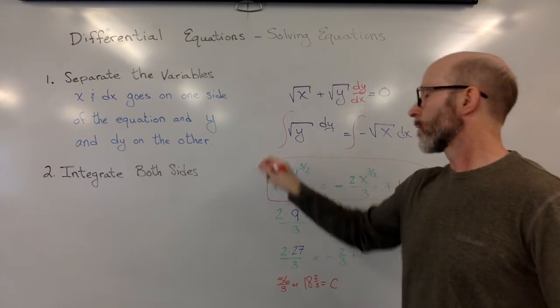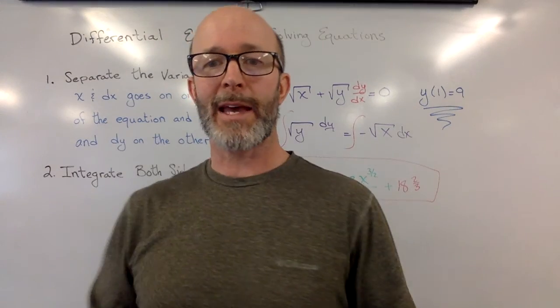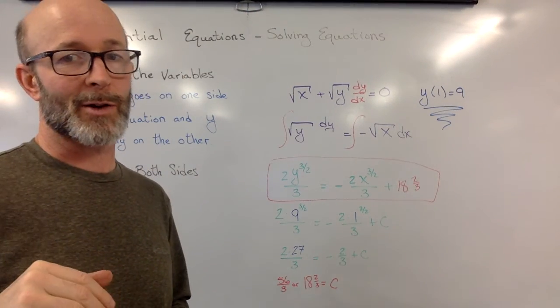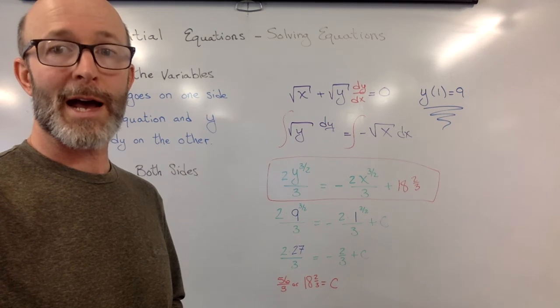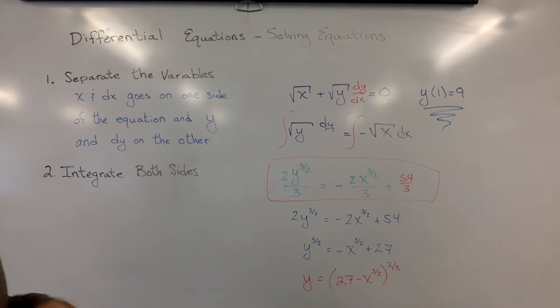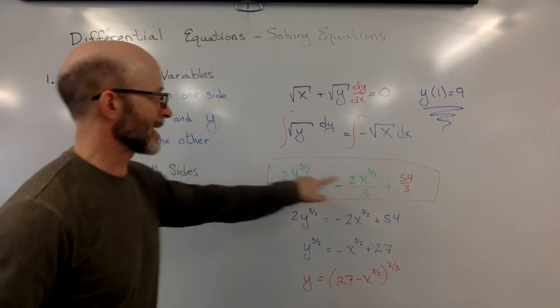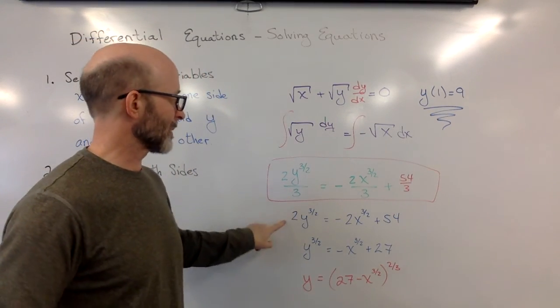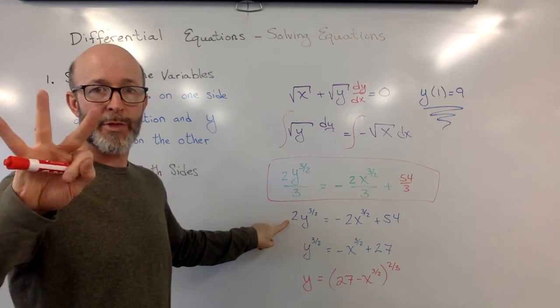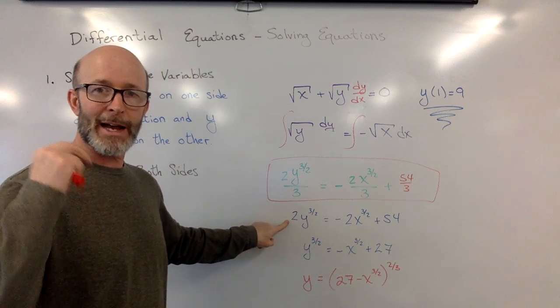And once again, the AP exam may come through and say, hey, look, we really want you to solve for y here. It's a little bit mathy, but once you had this result, and I did switch that to 54/3 because it would make it easier. To solve for y, I'm going to multiply every single term by 3. Then I'm going to divide every term